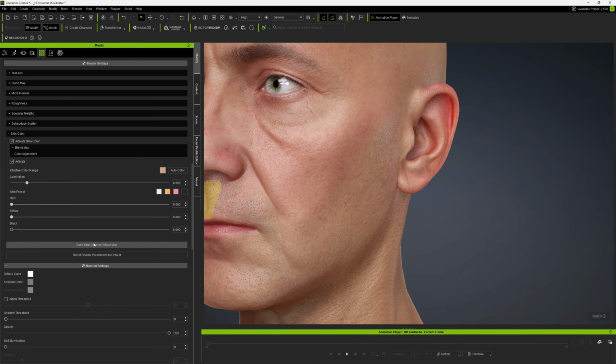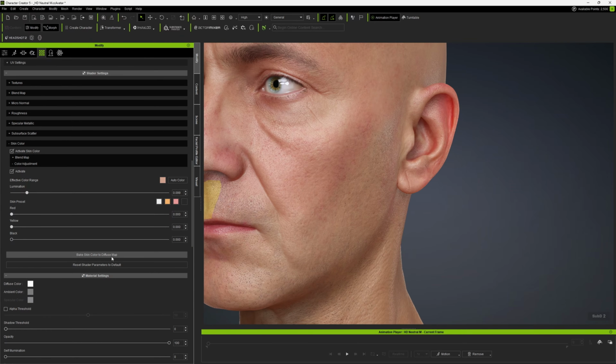After doing this, most of the time I bake skin color to diffuse map, and I disable this option. Actually, let me go and do this. It will also take some time, but once we try to apply some makeups and stuff, it will also try to do this without deactivating this thing. So actually what's happening here is we are reapplying after